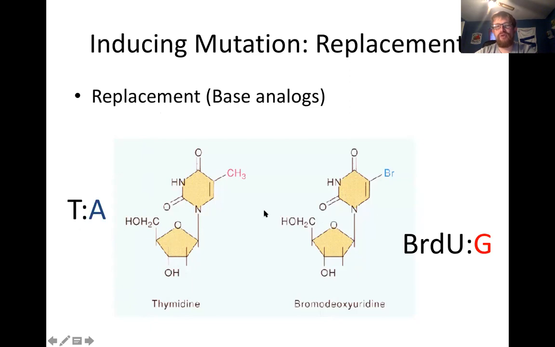And if you look at these two molecules, they look very, very similar. The only difference is that you have a bromine here, all right? And because you have a bromine here, you are altering your hydrogen bonds. And now BrdU, which is close to thymidine, can actually bind a G, a guanine. And so now you've introduced a different nucleotide. We'd want an A there if everything was normal, and now we have a G. And so again, when you start to think about the codons, that can have a very negative effect.